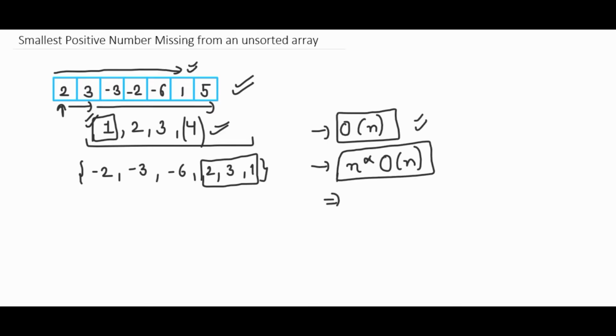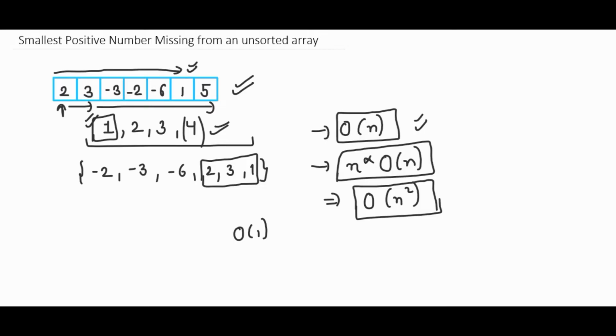That means it will be big O of n square time complexity to find the smallest positive number missing from this array. For that the time complexity will be big O of n square and our space complexity will be big O of 1 only, because we are not using any extra space.